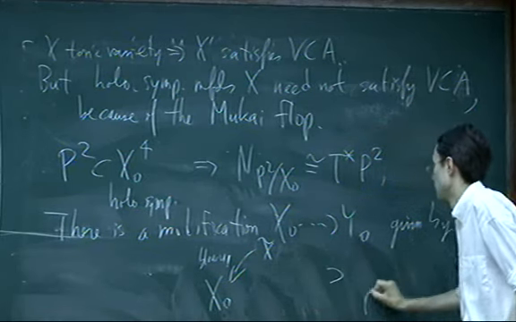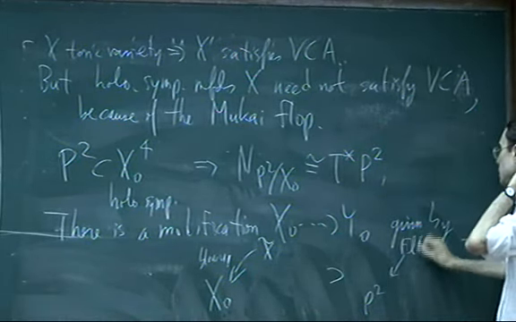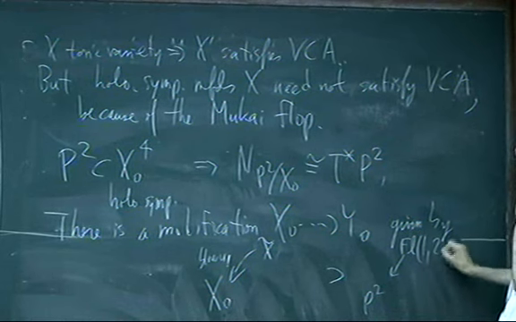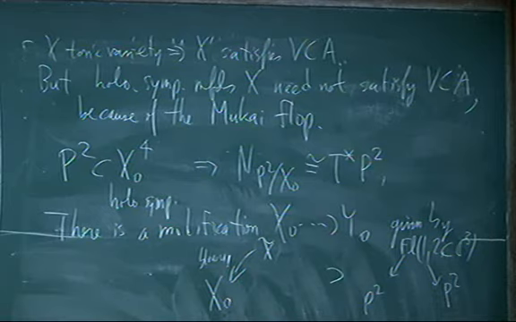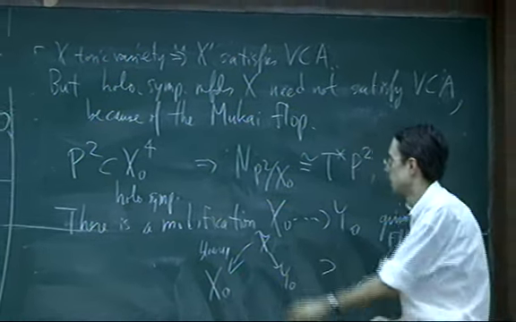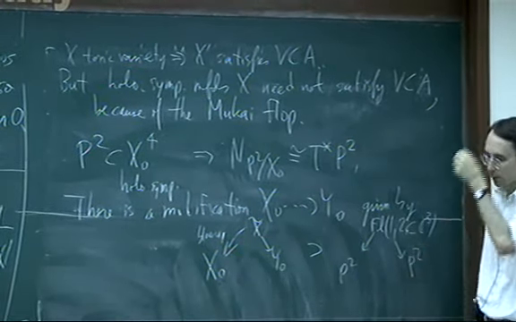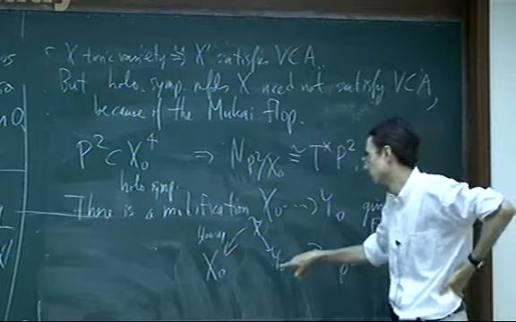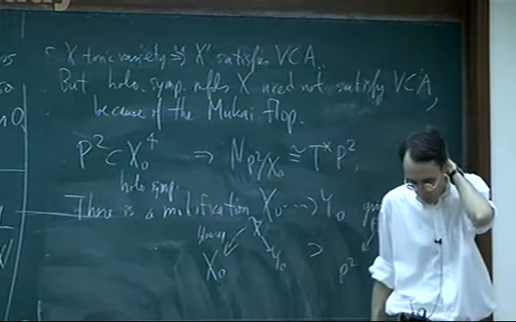Inside there you would have, mapping to P2, the flag manifold of lines and planes in C3. And that can project down to P2 in 2 different ways. So that gives you, with some work perhaps, a contraction of x tilde, where you contract this flag manifold down to P2 the other way.